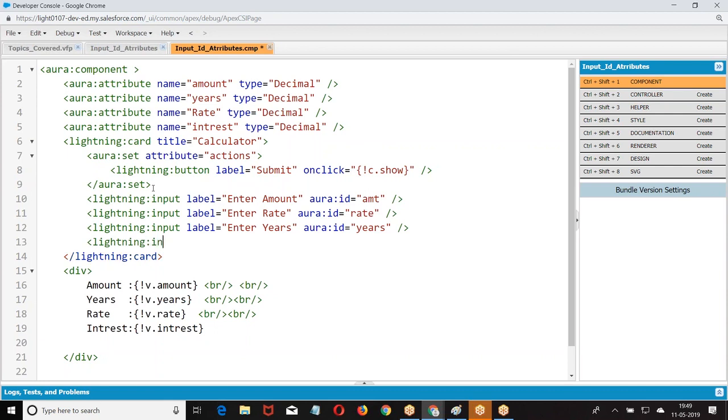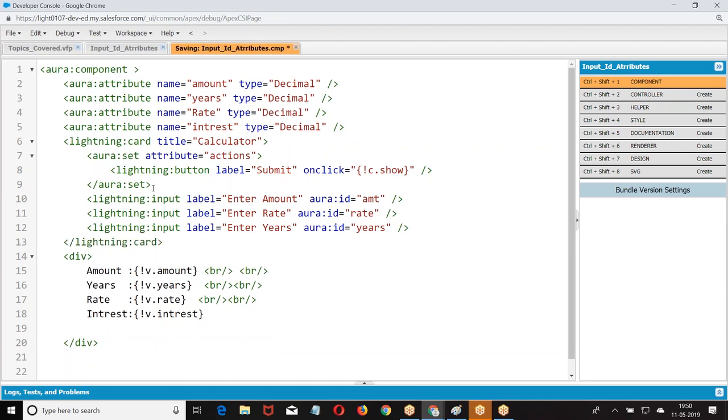Lightning input. This is what I did. Now what was this? Enter the value of amount, rate, years. Then when I click on the show, calculate the value of interest and display the value.